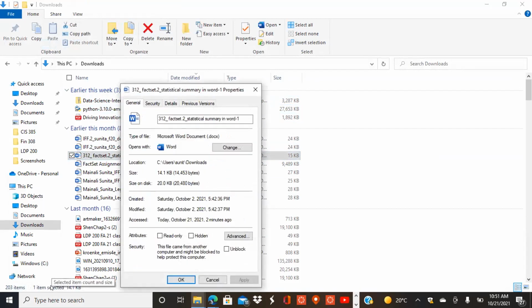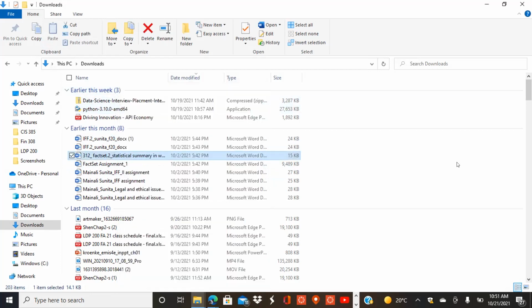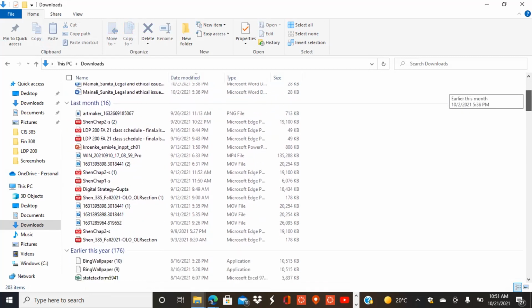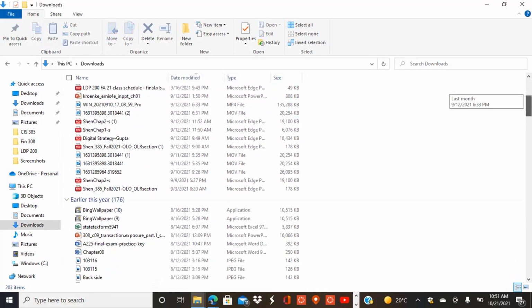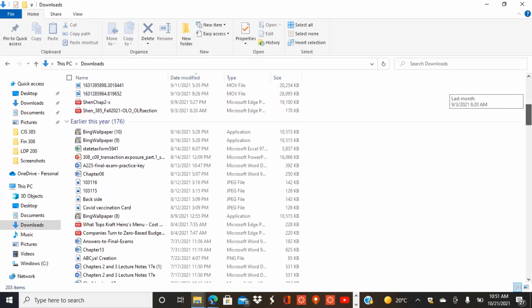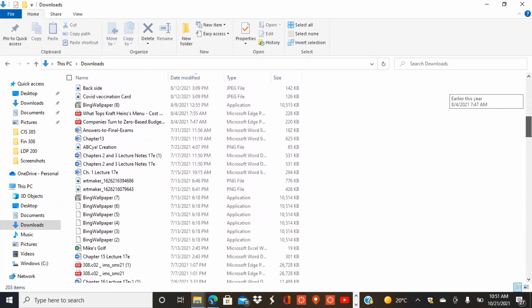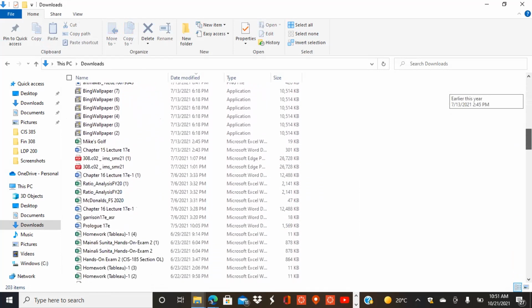See here, what type of file is it? Yeah, this one is docx. Yes. So what is it telling? It is telling you the type of file. So from the extension also, you can identify what type of file it is. So this one belongs to Word, and the other one is software. Similarly, scroll down. Is there any other software you have? Just check any other software. If you have downloaded any software in your system, then you might have that.